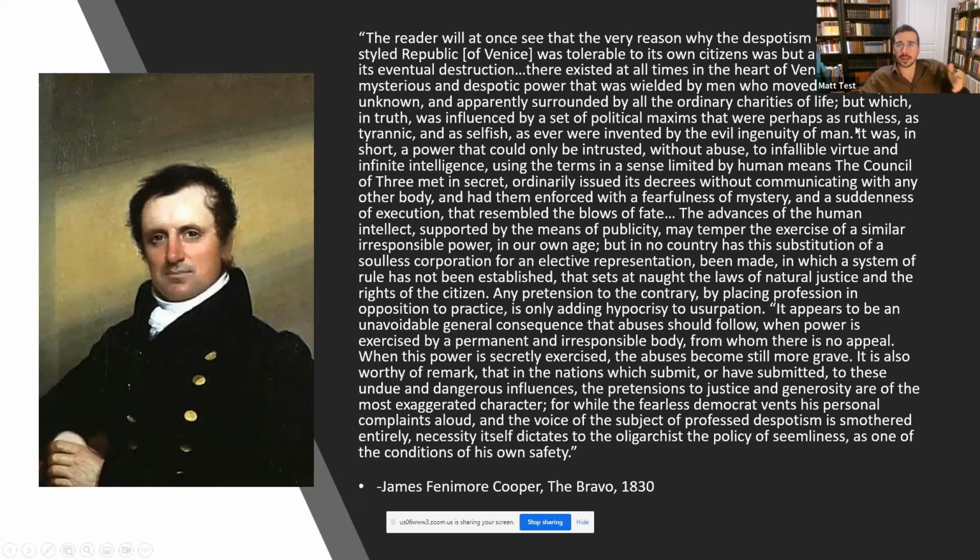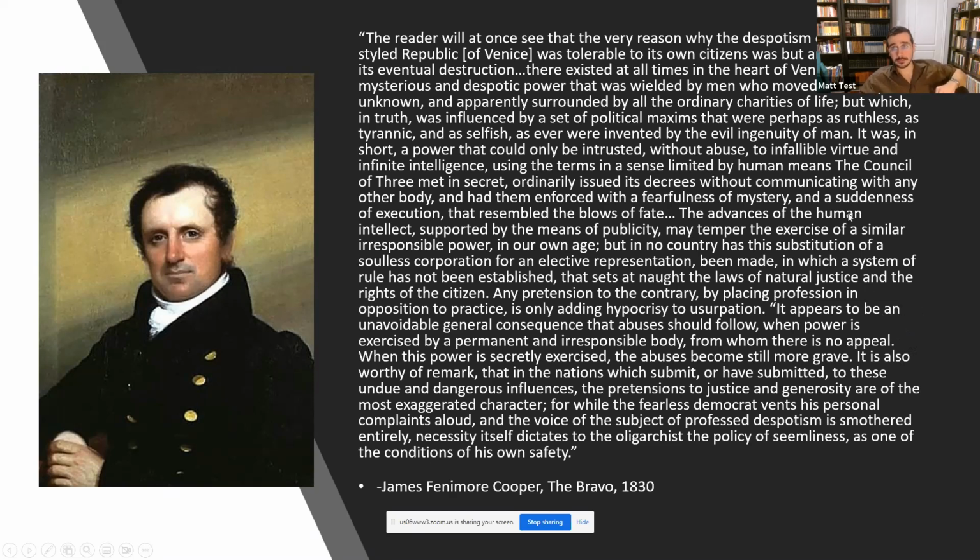So he says here, and he's talking to Americans here, the reader will at once see that the very reason why the despotism of the self-styled Republic of Venice was tolerable to its own citizens was but another cause of its eventual destruction. There existed at all times in the heart of Venice a mysterious and despotic power that was wielded by men who moved in society unknown, and apparently surrounded by all the ordinary charities of life, but which in truth was influenced by a set of political maxims that were perhaps as ruthless, as tyrannic, and as selfish as ever were invented by the evil ingenuity of man. It was, in short, a power that could only be entrusted without abuse to infallible virtue and infinite intelligence,